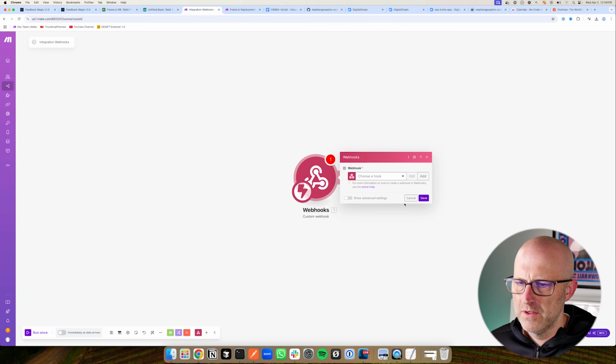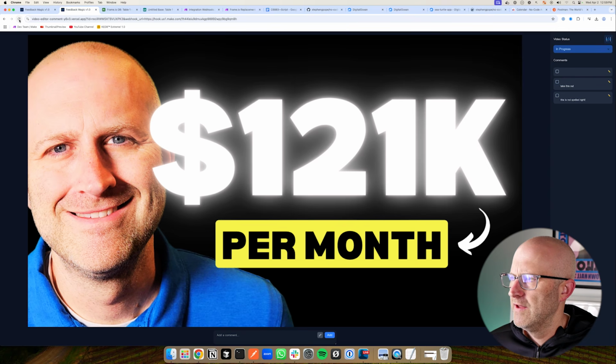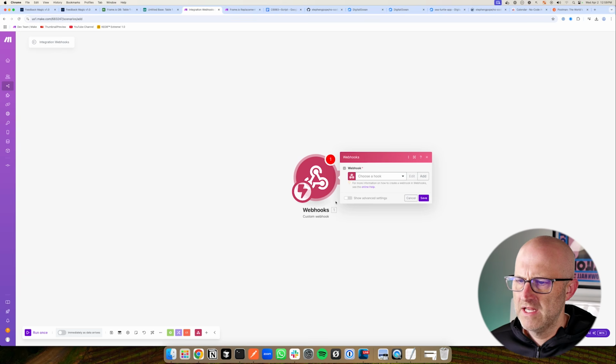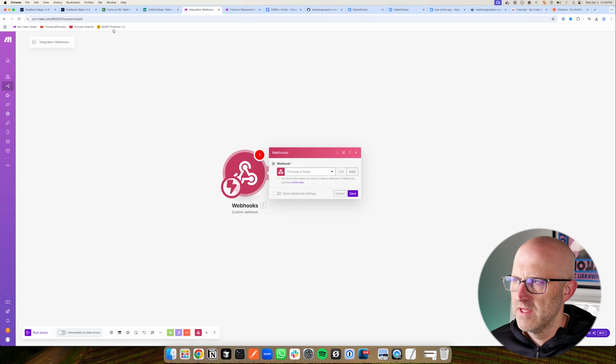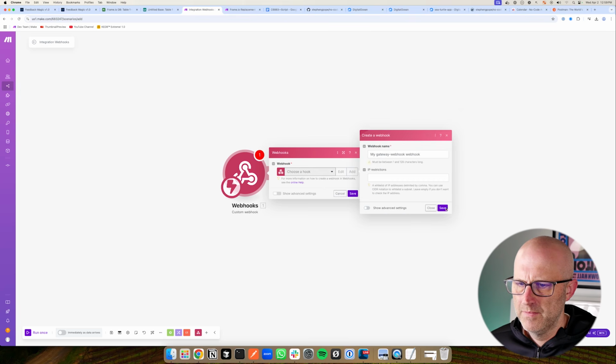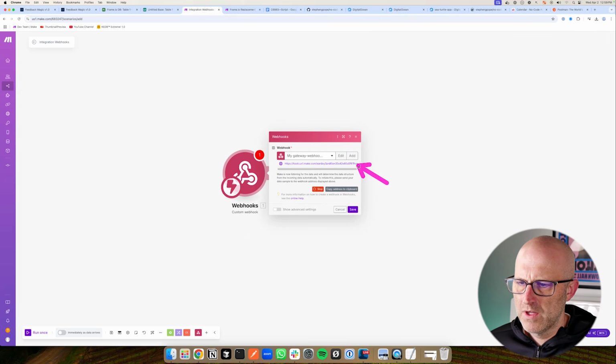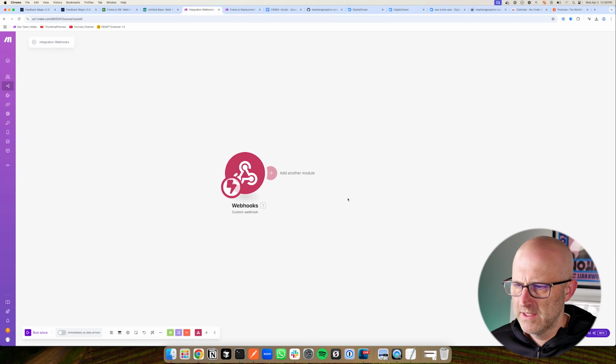And the first thing that we're going to do is add the load feature. So when the video feedback tool loads, it's going to send a message back to this webhook with a load feature, and then we'll be able to load that from the database and send it back to the video feedback tool. So I'm going to go ahead and add a webhook here. Go ahead and save. In a minute, we'll come back and grab this URL, but I'm going to click save. And now I'm going to come to the video feedback tool,